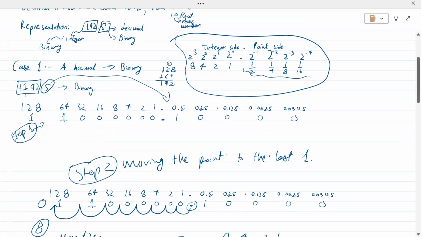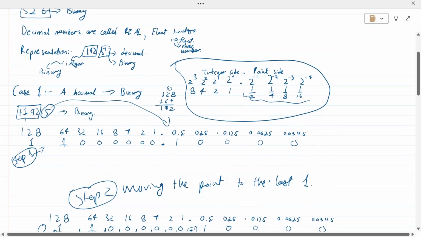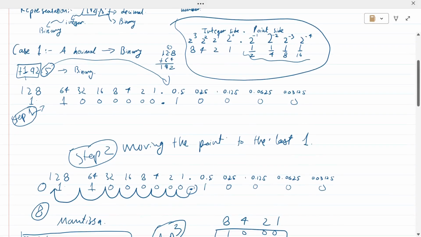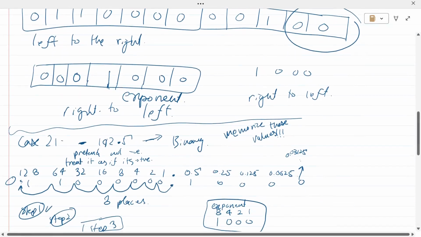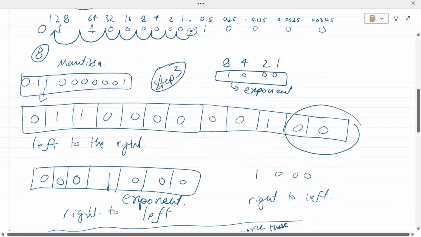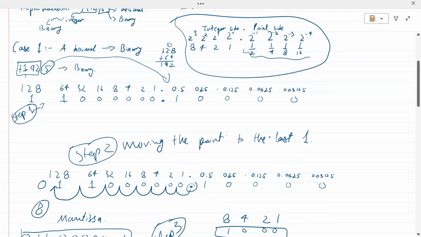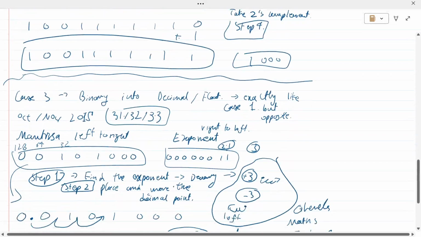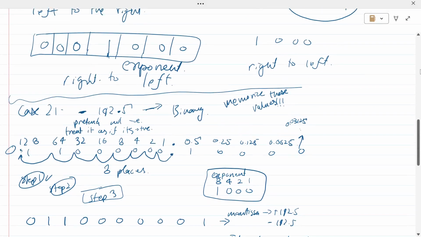So, in the first case, we were converting from decimal to binary, right? In the second case, we were doing the same thing. The only thing that changed was that the mantissa was now negative, and we had to take 2's complement in the very end. Okay, so let's say that there are two pairs of the cases. The first pair is from decimal to binary. In the first case, the first one is the positive way, the second one is the negative way, right? And remember one thing,